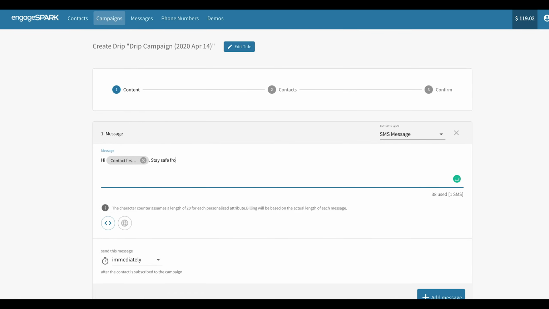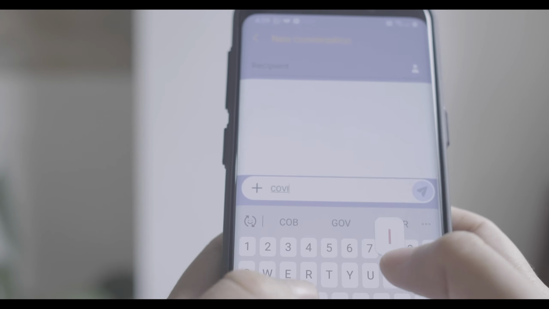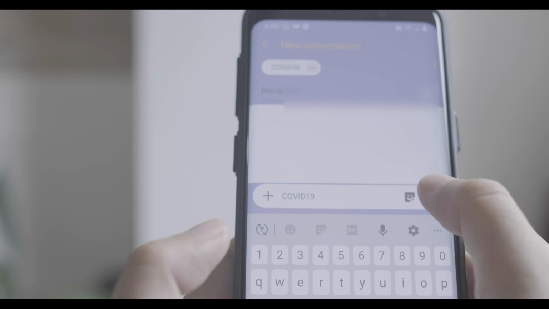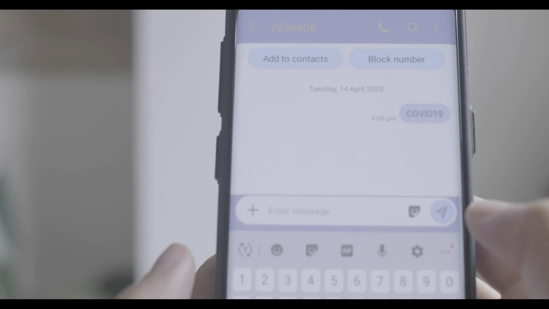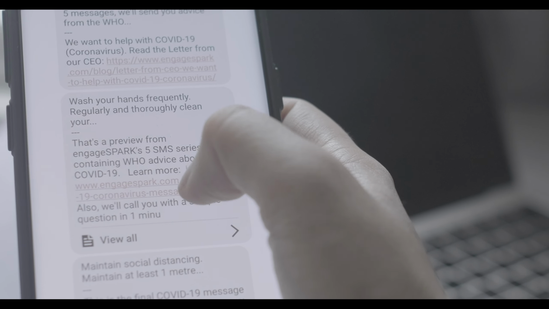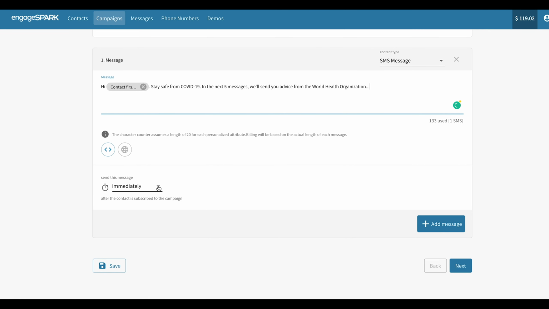For example, you can schedule a series of SMS and voice calls containing tips and advice from the World Health Organization. Your intended audience can subscribe to this campaign by texting a keyword to a short code. People who opted in and subscribed to your campaign can receive personalized messages based on their profile. Now that they're onboarded, you can send them a series of messages at different times of the day or throughout